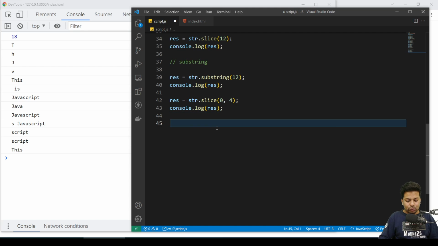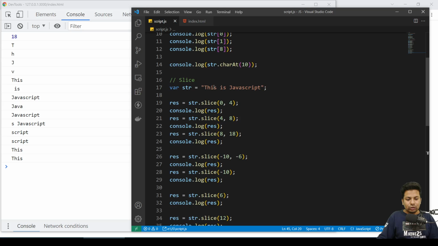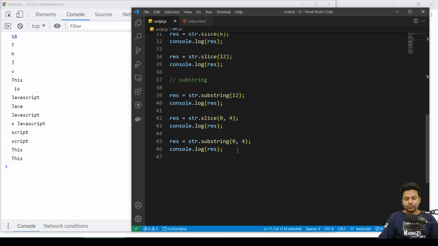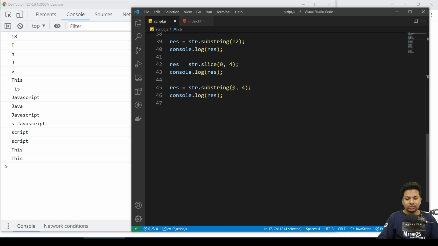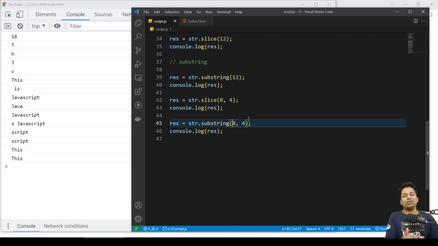And same I will do with substring. See, substring getting the same this keyword. See, 0 to 4, 0, 1, 2, 3, 4. So till 4 only, like this. So this is giving me the same result. It's just that you can't use minus indexing. So suppose if I write -10, -6, see, it's showing null. Oh, sorry, I can't do that. So it doesn't support minus indexing. It supports plus, same as slice. So it's better to use slice. Why would I use substring?